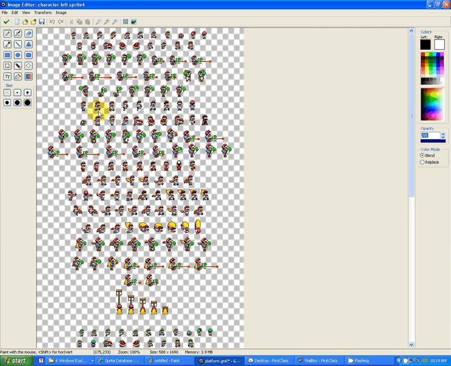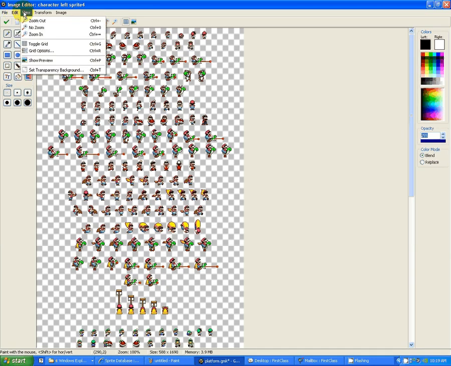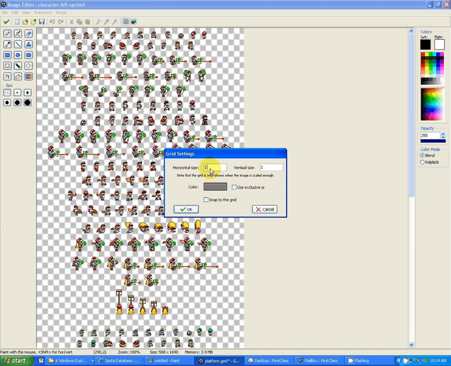If you chose a larger character, let's say you chose the Abobo from the Battletoads, you're going to need to make him fit into a 32 by 32 pixel box, okay? Because that's how big our sprite is, unless you want to change that in the game, which you can. But let's make sure of our size. What we're going to do is toggle our grid on. You see that little tic-tac-toe thing? If I turn that on, and then I go to View Grid Options, and I change this to 32 by 32,